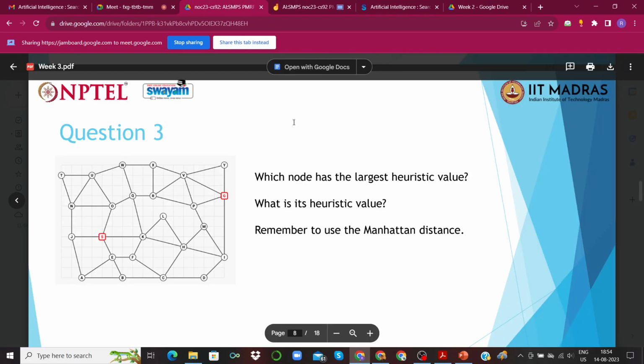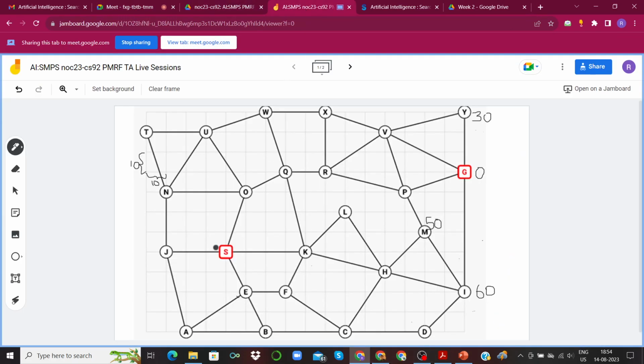Okay, so some of you are suggesting that a node over here has the highest or largest heuristic value, which we would see is the actual case. Since some of you were requesting in the chat box to once again go over how we exactly find the heuristic value, let's quickly go over that again. If we have to traverse through these boxes to reach this particular goal node, how many boxes are we going to have to cover?